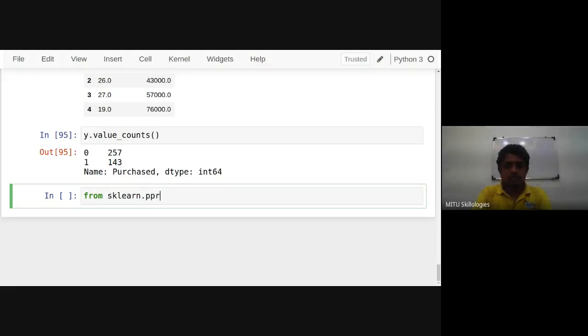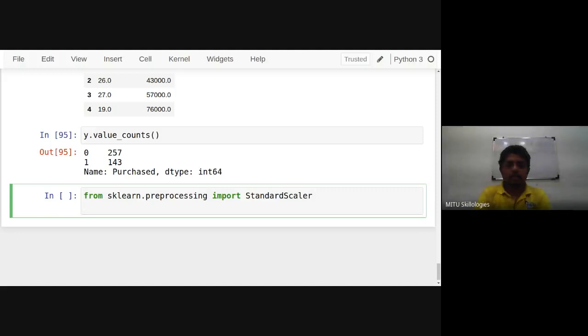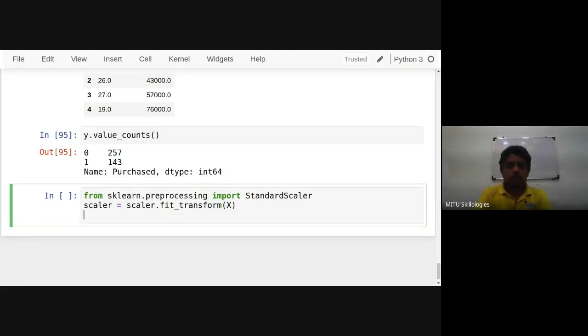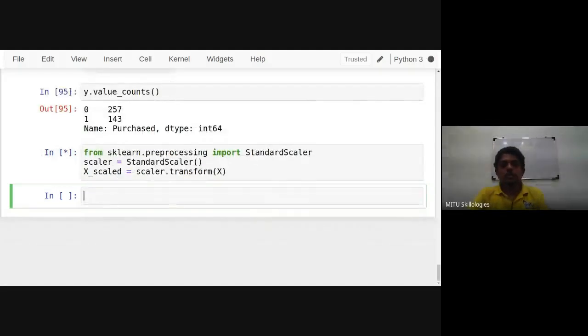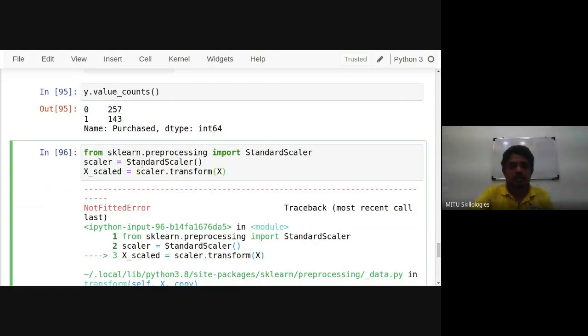In sklearn pre-processing, this technique is present: StandardScaler. And scaled X, so X I have scaled.